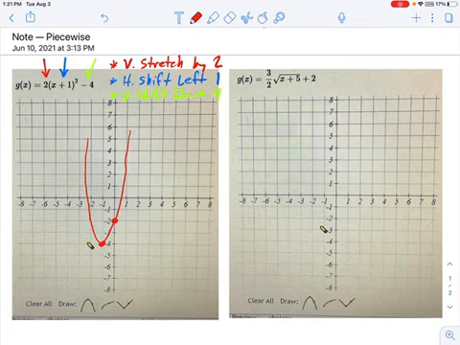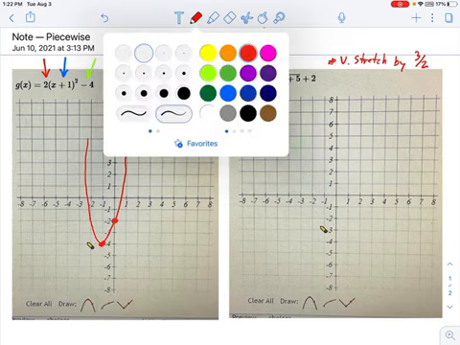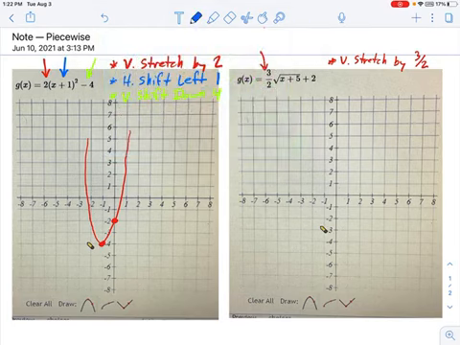Now in this next one over here, we're going to follow the same method. So we have a vertical stretch. It's again a vertical stretch, but this one is by a factor of 3/2. Okay, that's this factor right here. And if you see a factor in front which is less than 1, like 1/2 or 1/3, that would be a compression. But this time we got 2 stretches.